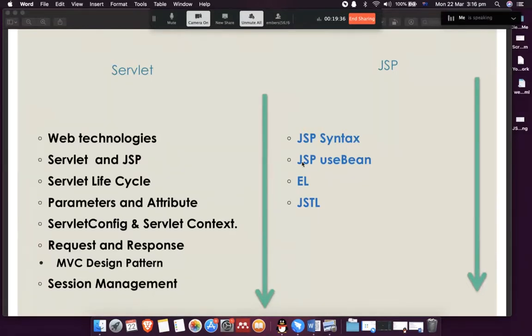Later, we will learn about Java Bean, which we have talked about briefly. It's again a special Java class that uses methods to access properties, like we use getters and setters. We have expression language and we have JSTL, which is a tag library. We will discuss them later. For now, we will focus on JSP syntax. And on the other hand,